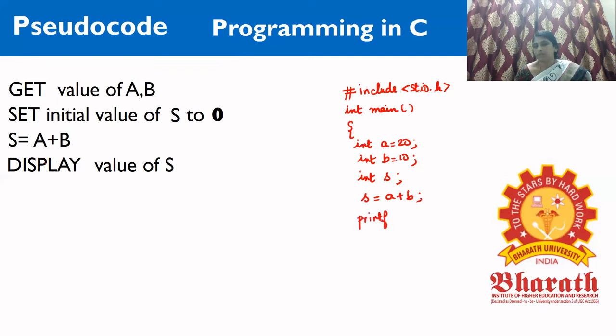and in order to get the output we need a certain function, printf with %d. And then since we used int main, we need to end with return 0. So now this is the C program to add two numbers, and we will see in detail the structure of a C program, etc., later in the video.